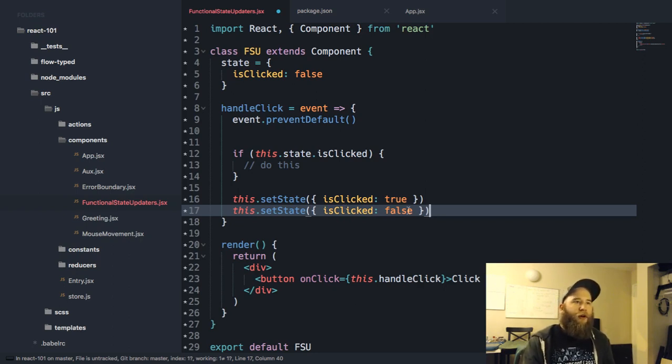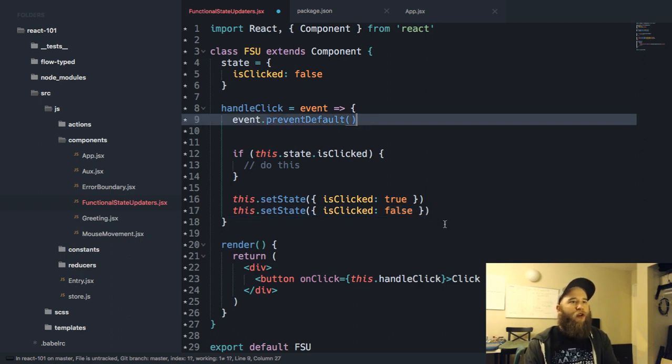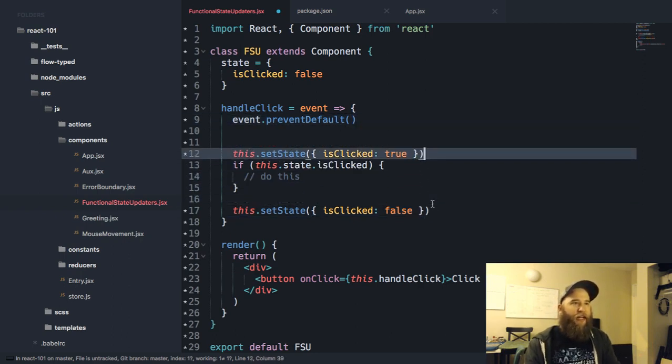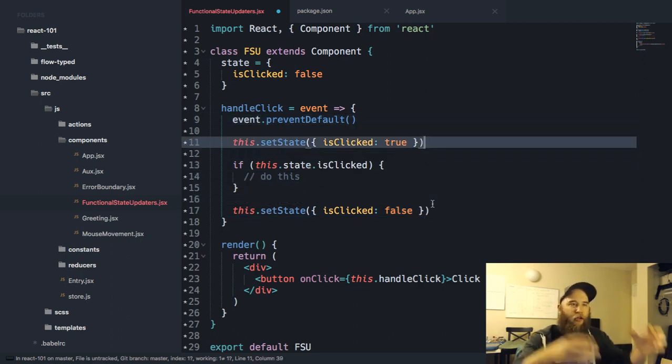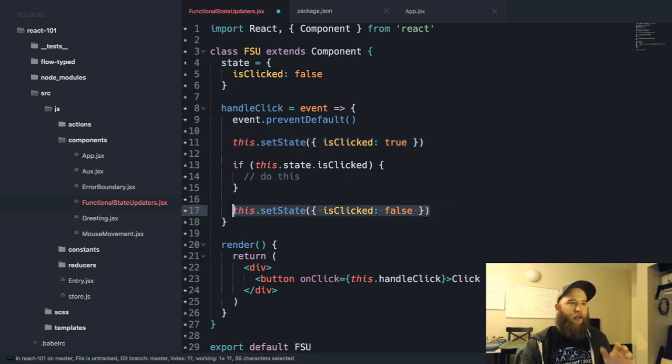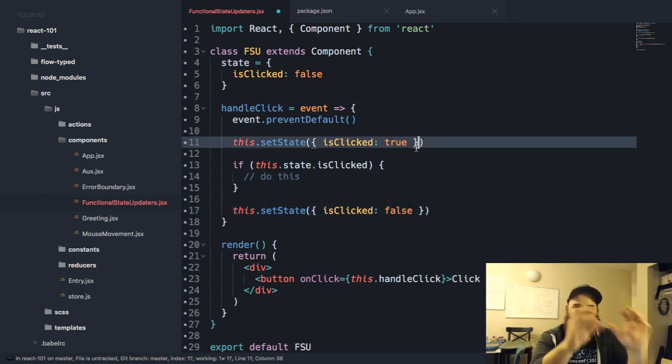And you also know that you won't write your methods in such a way that you will try and set it in one place, do some functionality, and then set it again. Okay, that doesn't work. Now, if you did want to make that work, there's a couple ways to do it. The first way to do it is with both signatures. I'm going to teach you about this, but with the object signature and what I'm going to call the function signature, there is a callback.